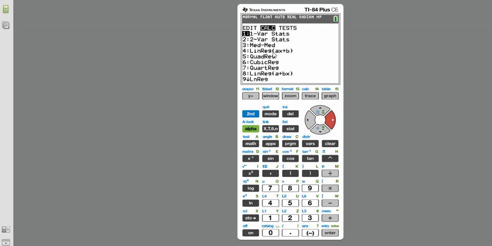And because we know it's a linear set of data, we're going to go to option 4. You can either arrow down to option 4 and press enter, or you could press number 4 and enter. And then it's going to ask you a couple of questions. So we have our x values in list 1, our y values in list 2, and where do we want